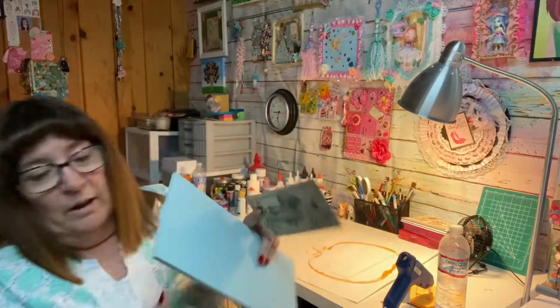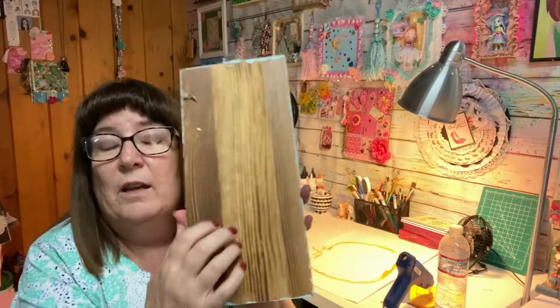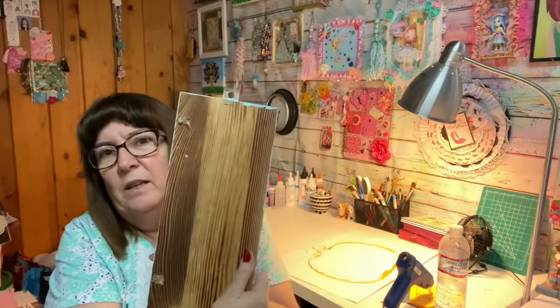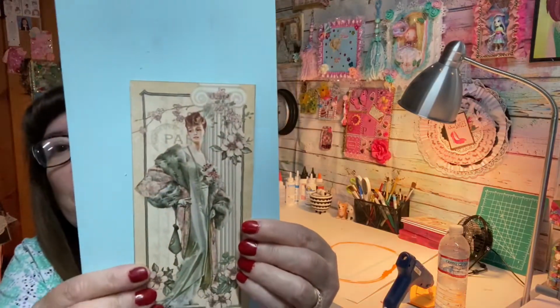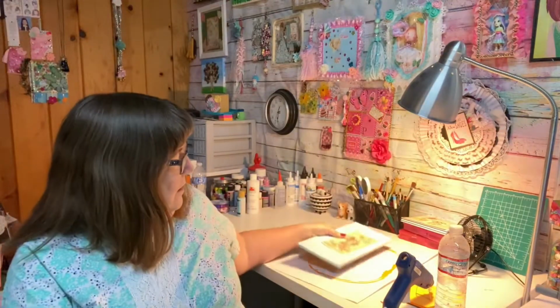I'm going to do a wall art for somebody. I got this wood at Dollar General, I think for $2 or something like that. And so I painted it blue. I'll paint the other side blue tonight. And then I'll be adding this vintage lady on here. And I'll embellish the heck out of it. And it will be for friend mail as well. I will turn my camera around and now show you my disastrous